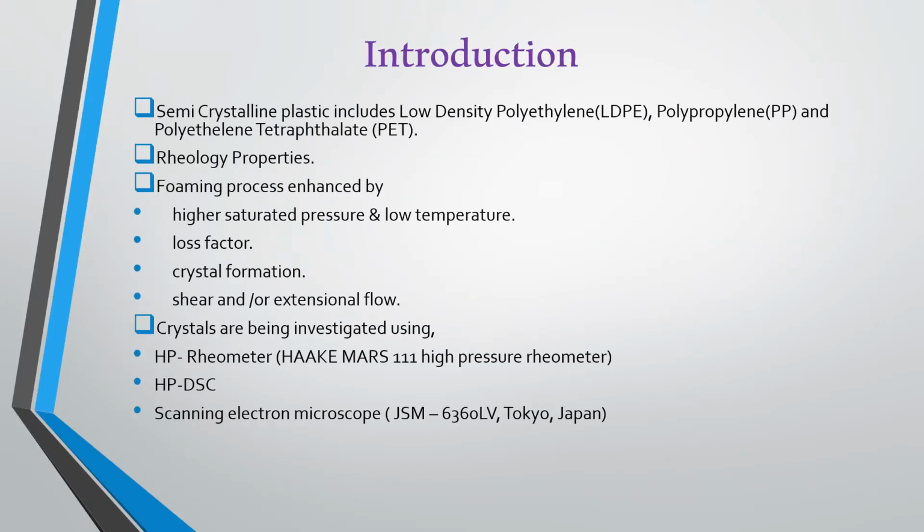Now let's talk a little bit about the introduction and how they got involved in this kind of study. In this case, I'm usually concerned about a type of plastic, which is foams. We all know foams usually take a majority part in industry. Among them, there is a plastic foam called semi-crystalline plastic foam that includes three main polymers, which are low density polyethylene, polypropylene, and polyethylene terephthalate. These are more famous in industry because of their crystal behavior, and polyethylene is a good example of that. They also have a low density, which makes them chemically resistant, with good electrical properties,